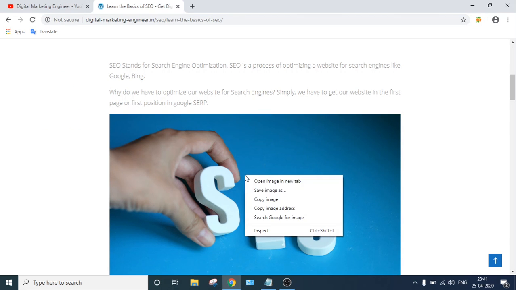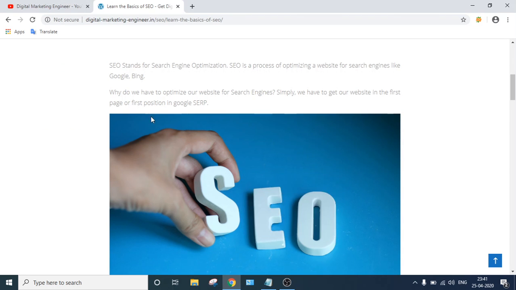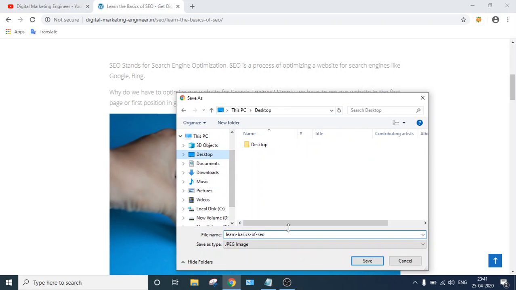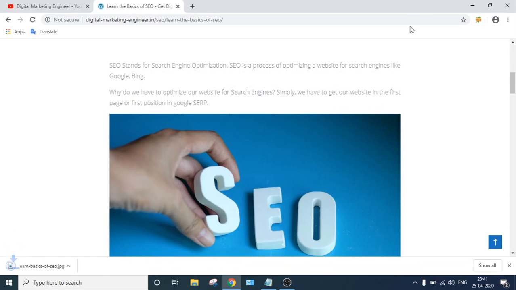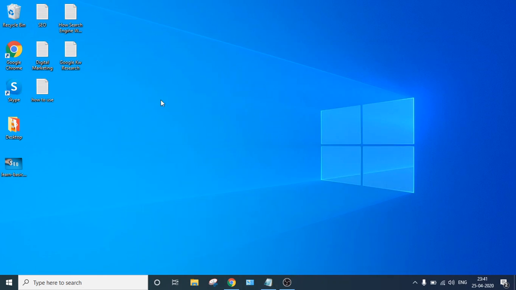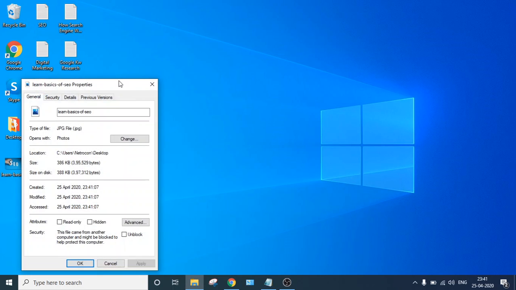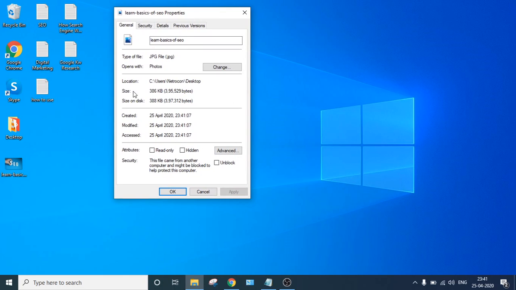Save images on desktop. You could see my file size is 386 KB, which is a small file size. If it is less than 100 KB, it is a good optimizable image.